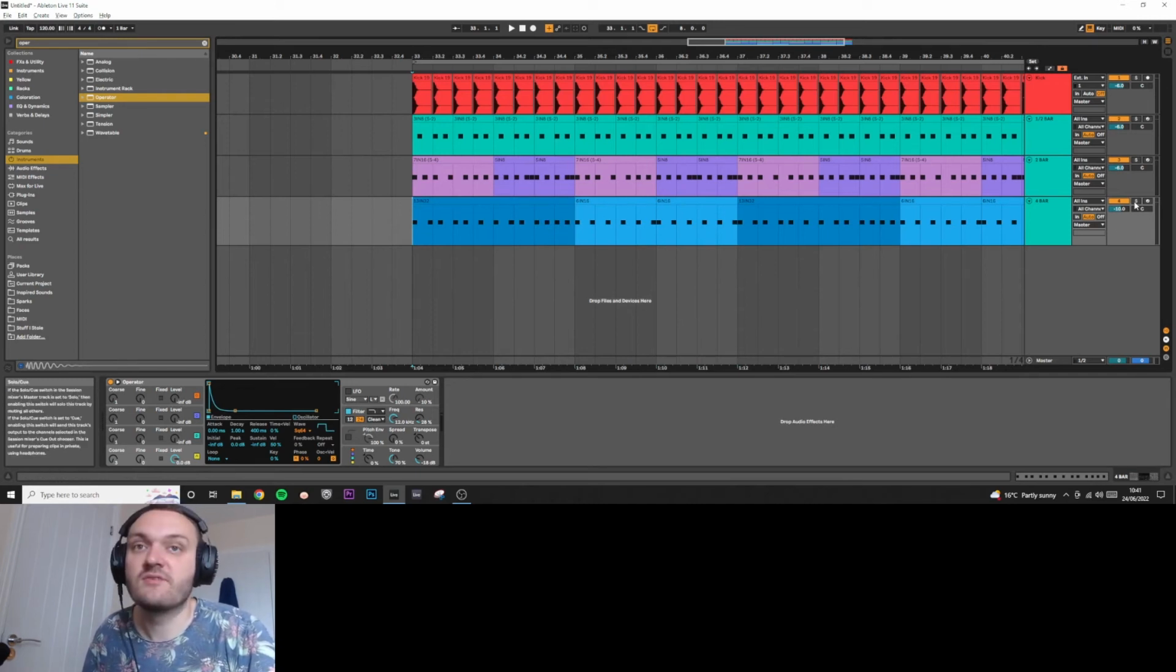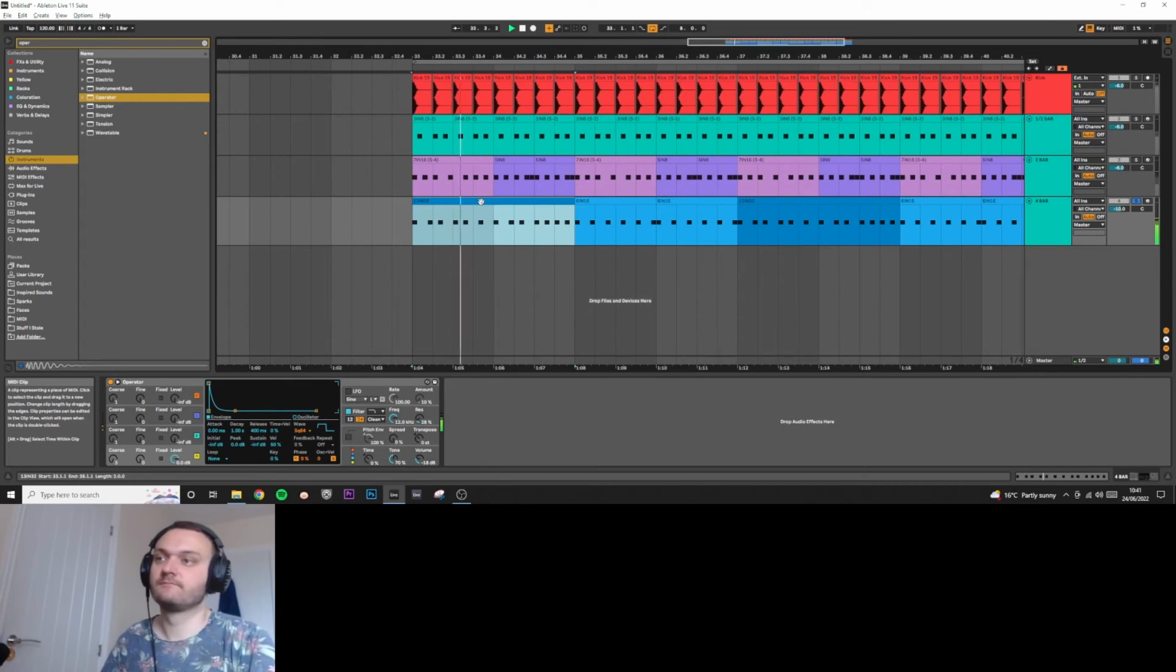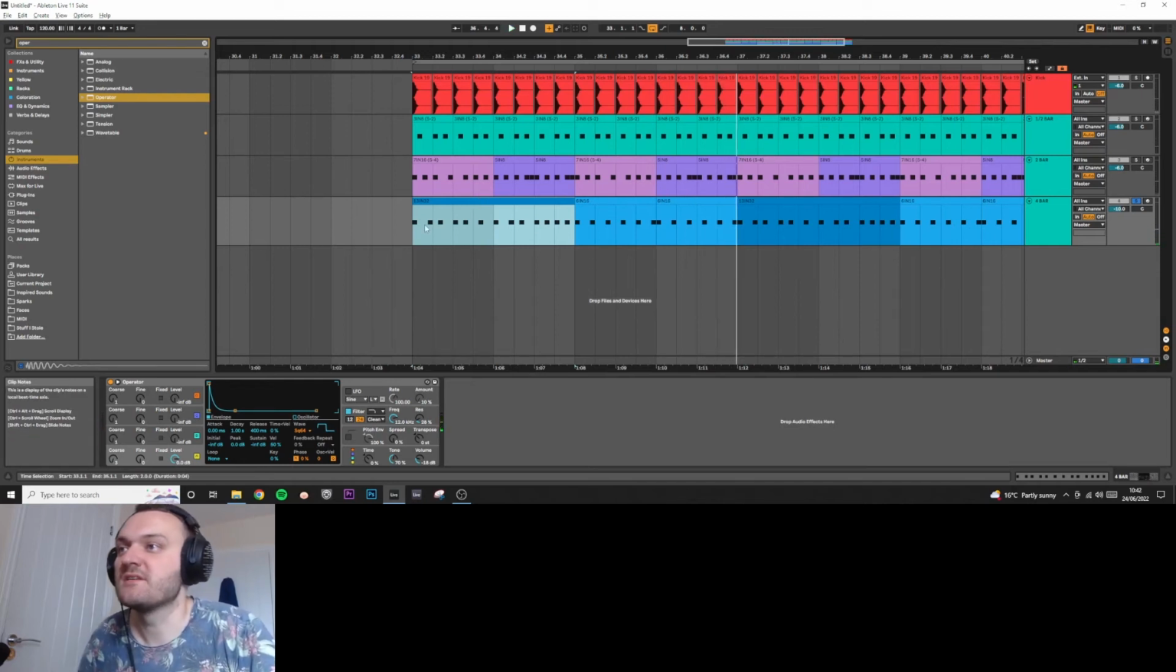So the 3 in 32 sounds like this. And then the 6 in 16 sounds like this. And together they sound like this. Now, as you can see, this is a 4-bar loop. So essentially now,